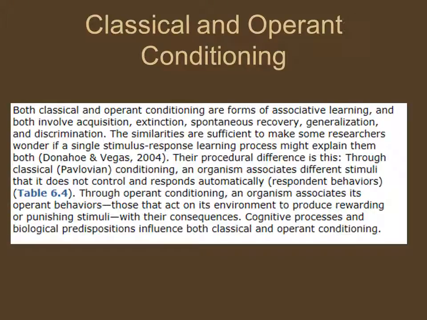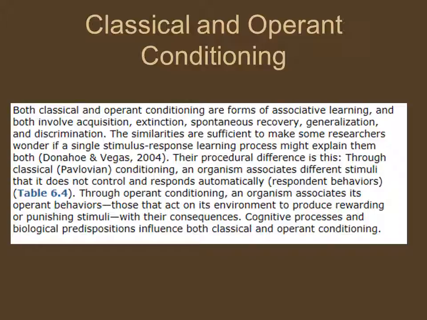Something that we're not going to have a ton of class time to talk about, due to time constraints, is the difference between classical and operant conditioning, and you need to be able to identify the difference between the two. Both classical and operant conditioning are forms of associative learning, where you connect something with a behavior. Both involve acquisition, extinction, spontaneous recovery, generalization, and discrimination. The similarities are sufficient to make some researchers wonder if a single stimulus-response learning process might explain them both. Their difference, though,